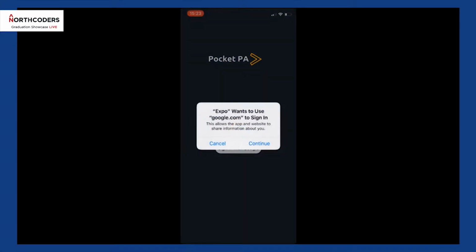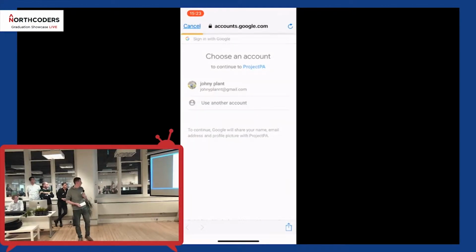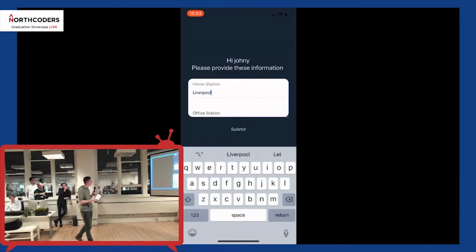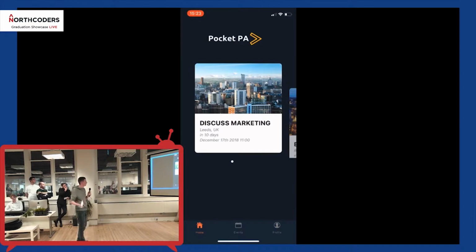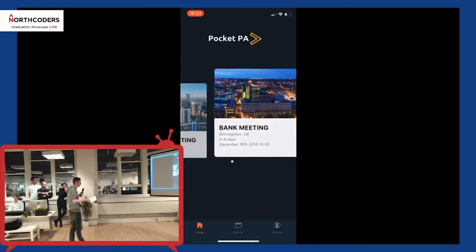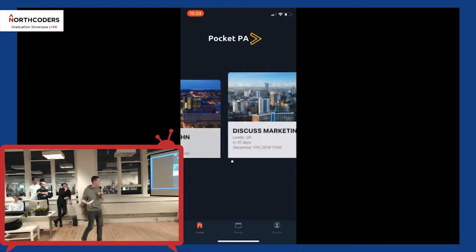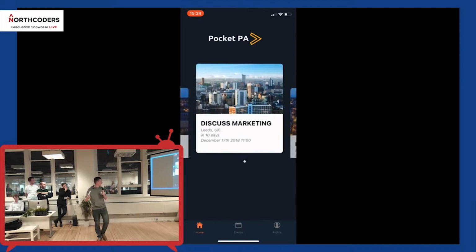So we're on track as I was explaining. So we go through to Gmail, the email, which is already registered there. Here we have the ability to enter information. This is like the home and station and other information like that as well, which we use later in our app. You just briefly saw the profile page, and this is our events screen, which pulls information from our API